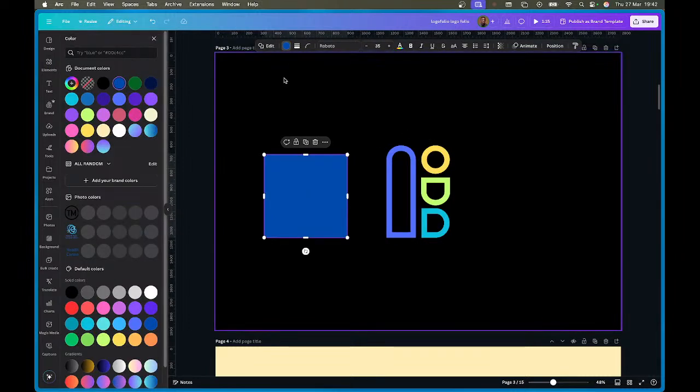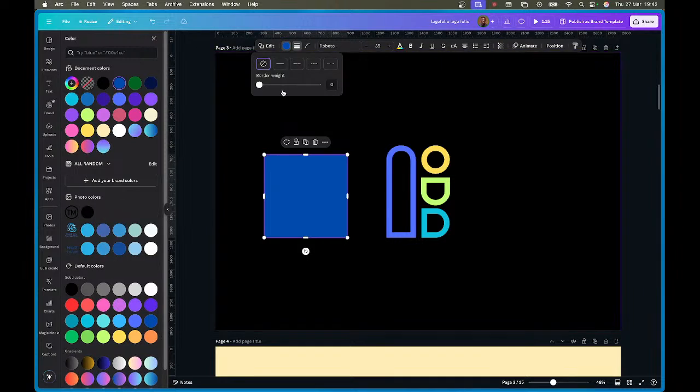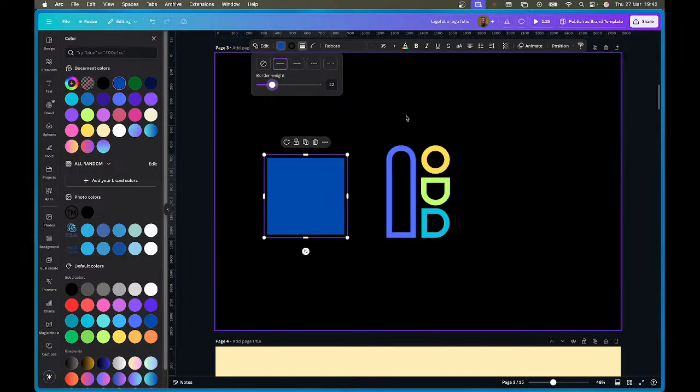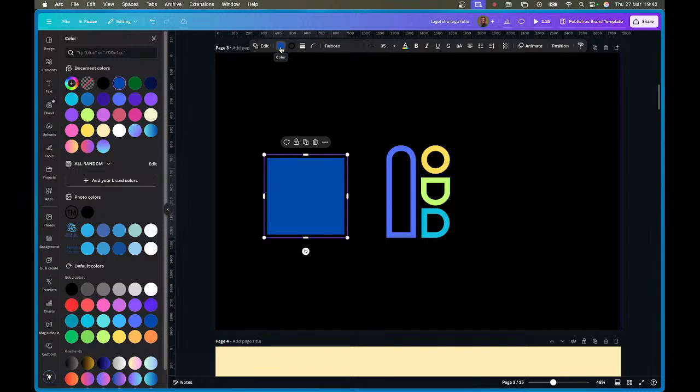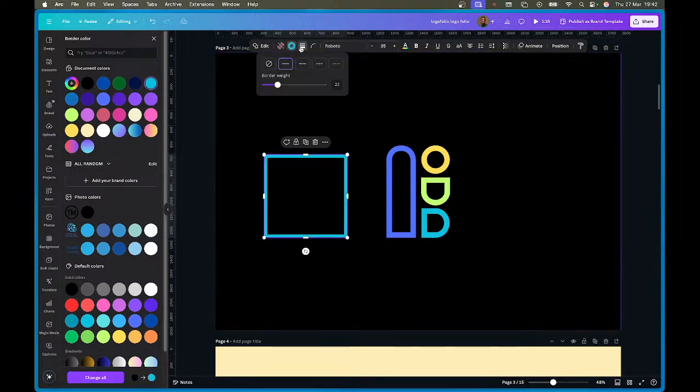I'll come here and change it to outline. The outline is not showing because it's black and the background is black. I'm going to remove the color of the inside, and I'll change the outline color to something you can see. So I increase it again,